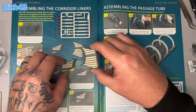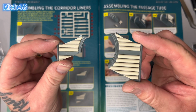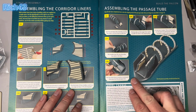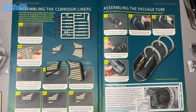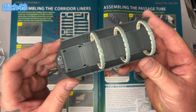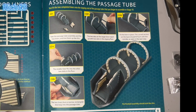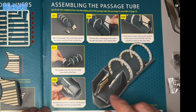And there we have, guys, the 2 corridor liners. Pretty cool, I think. Do look pretty cool. And now what we're doing now, guys, is we've got 5 instructions of assembling the passage tube. So if I just get the passage tube over, which we assembled a couple of weeks ago, what we've got to do is say instruction 1, take the passage tube assembly and the 2 liners and line them up like